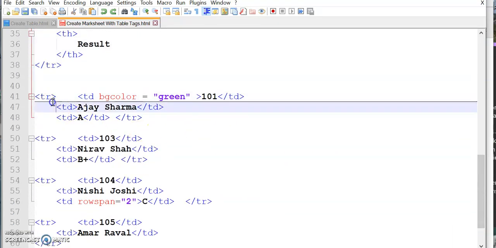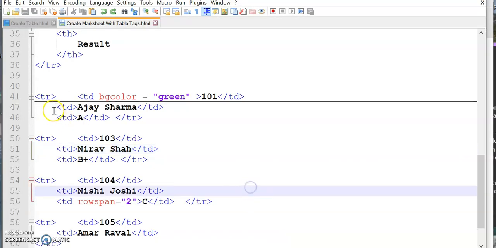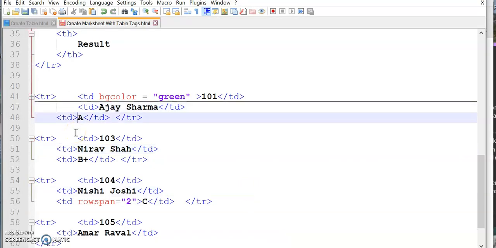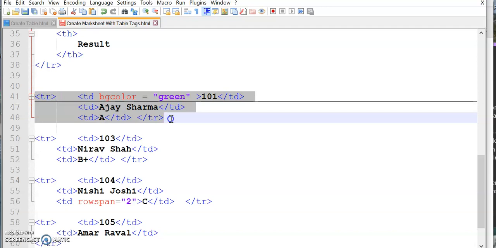Okay, now let me see the output, right? Okay, now here we have the next tr. Inside that tr we have 3 td. TD means 3 contents, 3 cells, 3 data. 101 Ajay Sharma, grade A.